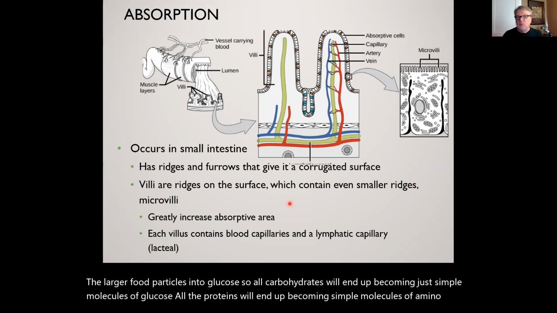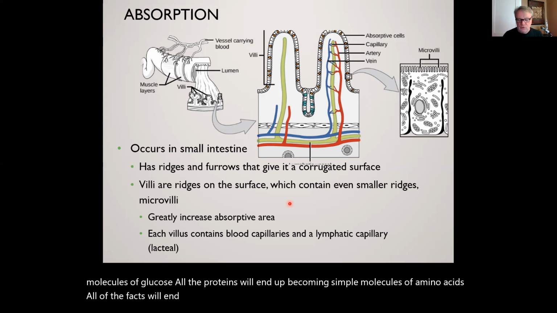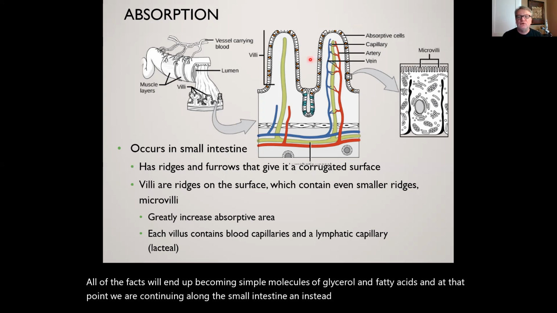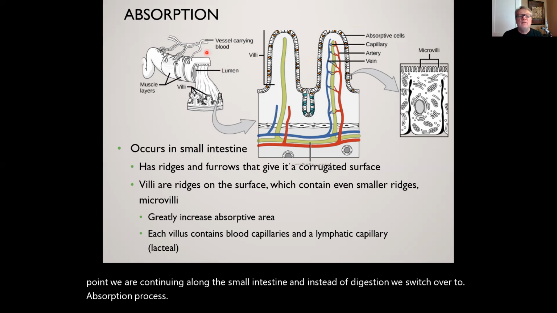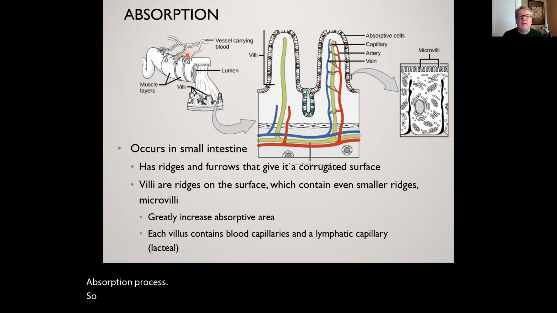All of the fats will end up becoming simple molecules of glycerol and fatty acids. And at that point, we are continuing along the small intestine, and instead of digestion, we switch over to the absorption process. So that means we're absorbing things into the blood, and so we have an extensive circulatory system,